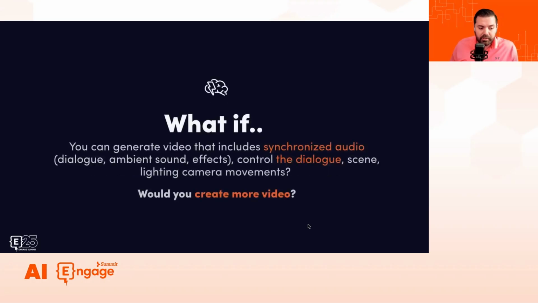Now, it was very difficult to create some of these yourself, but what if now you can generate these synthetic videos, and you can generate any character, any environment, including synthesized audio, dialogue, ambient sounds, and effects.